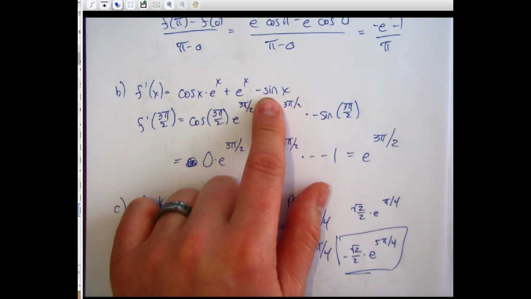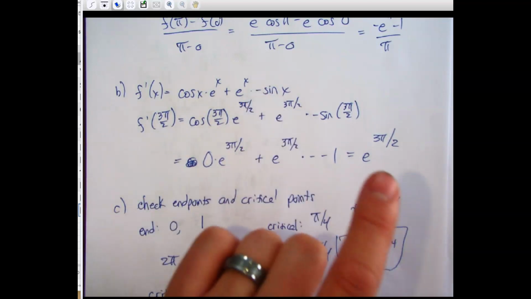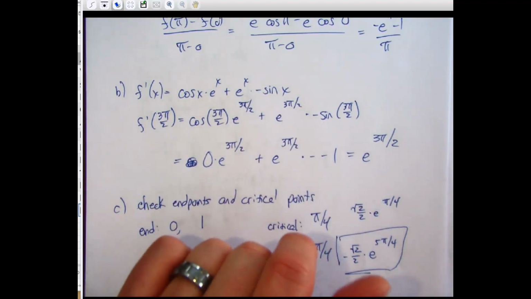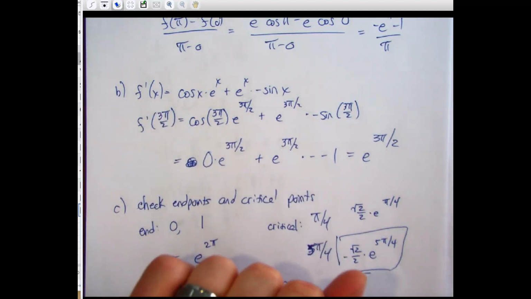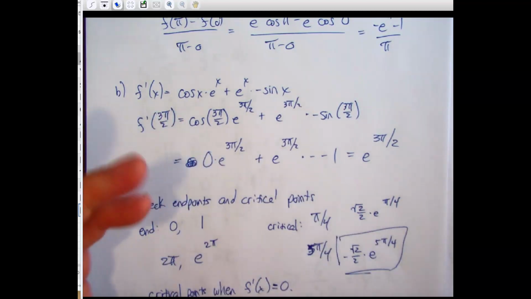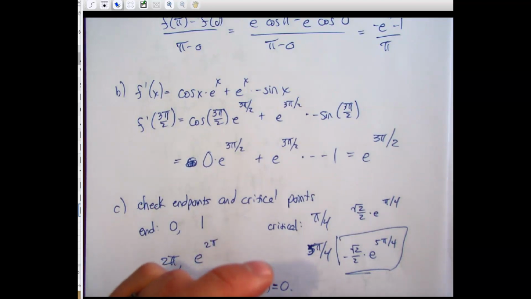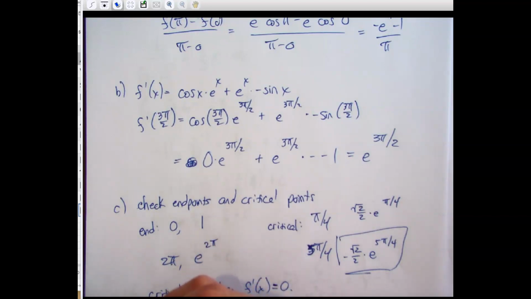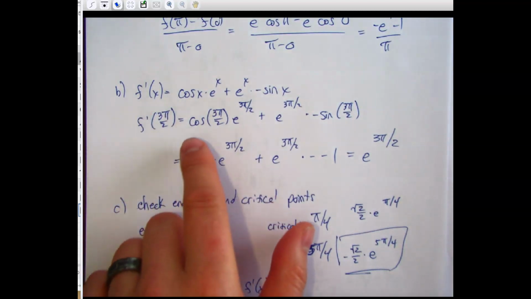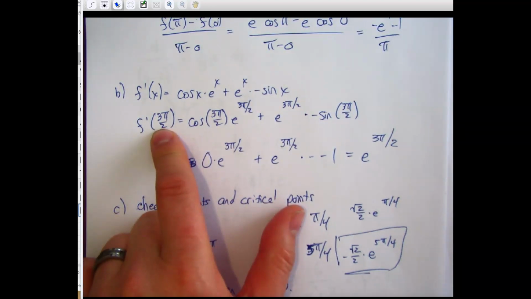They have to check all of your knowledge in a lot fewer questions than they used to. So there are going to be all kinds of concepts within one problem. So be on the lookout for multiple concepts going on at once. Product rule, quotient rule, integrals, derivatives. So just something to be aware of. If you think you're not using enough concepts, that's probably a good instinct, and just double check that you're not missing something. So then I plug in, they want to know the slope of the tangent line at 3 pi